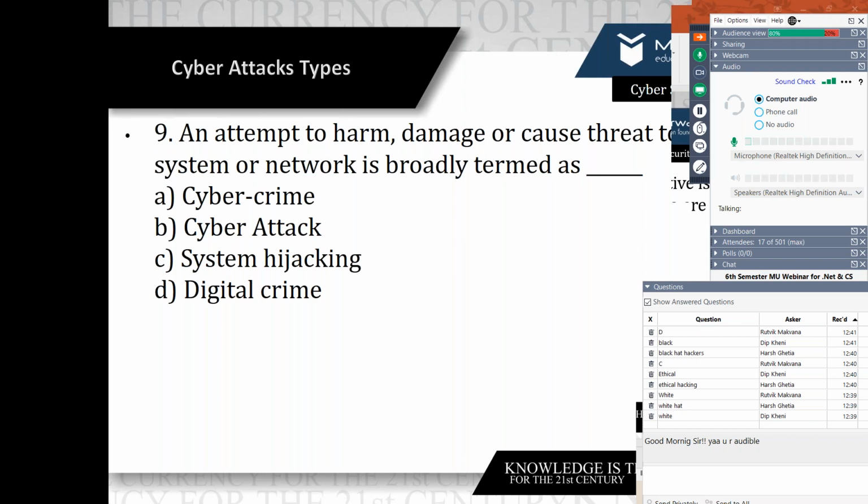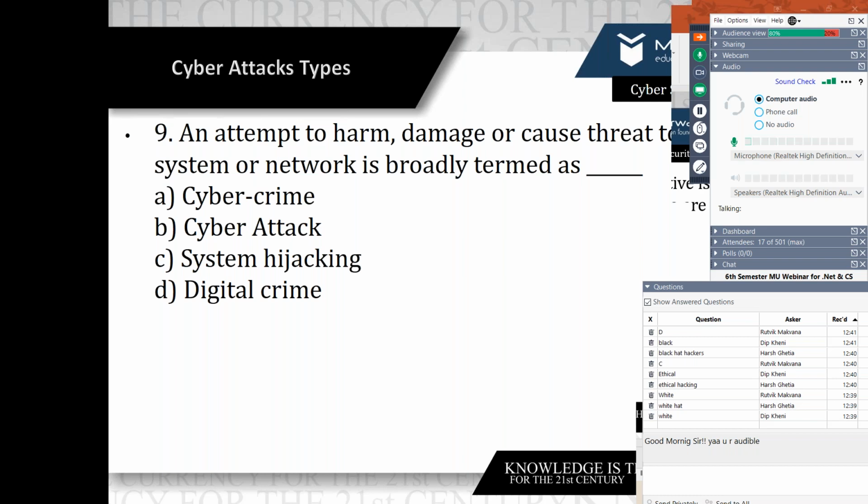Then if you give the answer, Hers says again B. Again, most students say A and B, and are confused in between. So now, clearing the answer: the answer is B, cyber attack. Why cyber attack? Cyber attack is an umbrella term used for the classification of different cyber-related computer or network attacks. The activity cases include extortion, identity theft, email hijacking, digital spying, stealing hardware, mobile hijacking, or physical security data breach.